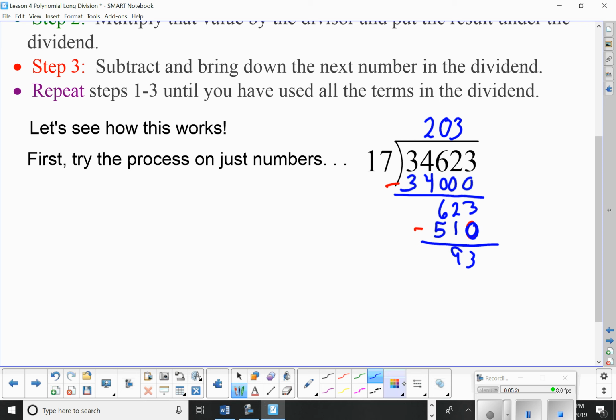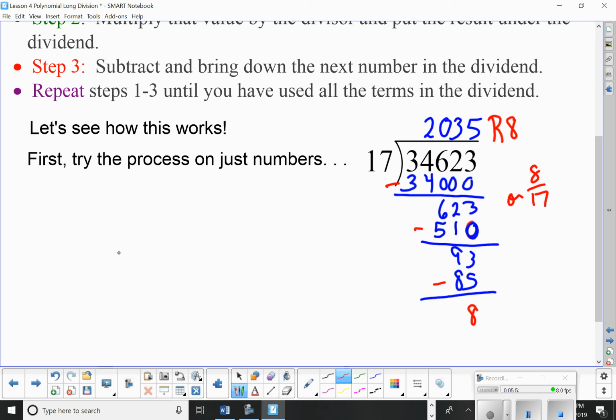There. Now, 17 won't go into 9, so that was good. I can't do 4. But 17 will go into 93 5 times evenly. So 5 times 17 will give me 85. Then I subtract again. 93 minus 85 is 8. That means I have a remainder of 8, or